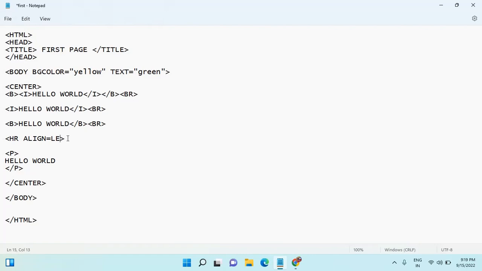Now there are two other attributes, values that this align attribute can have. One is center and other is your right. So if you give the value center, the line will appear in the center of the web page. If you give the value right, the line will appear on the right side of the web page, and if you give the value left, the line will appear on the left side of the web page. So if I say size equals to 25